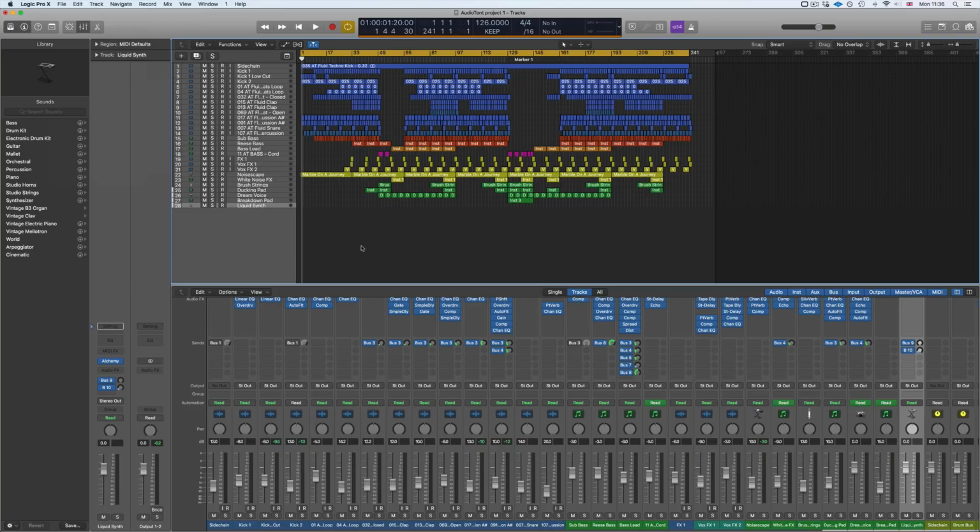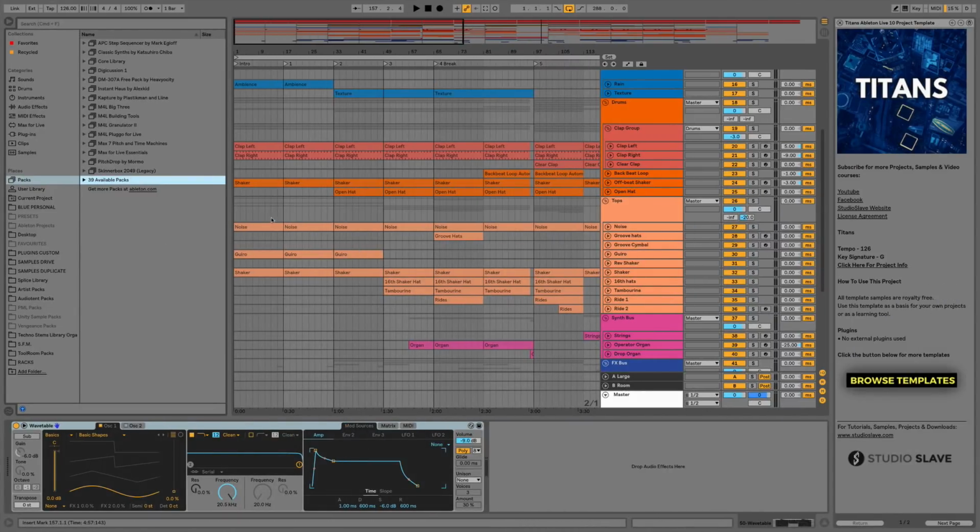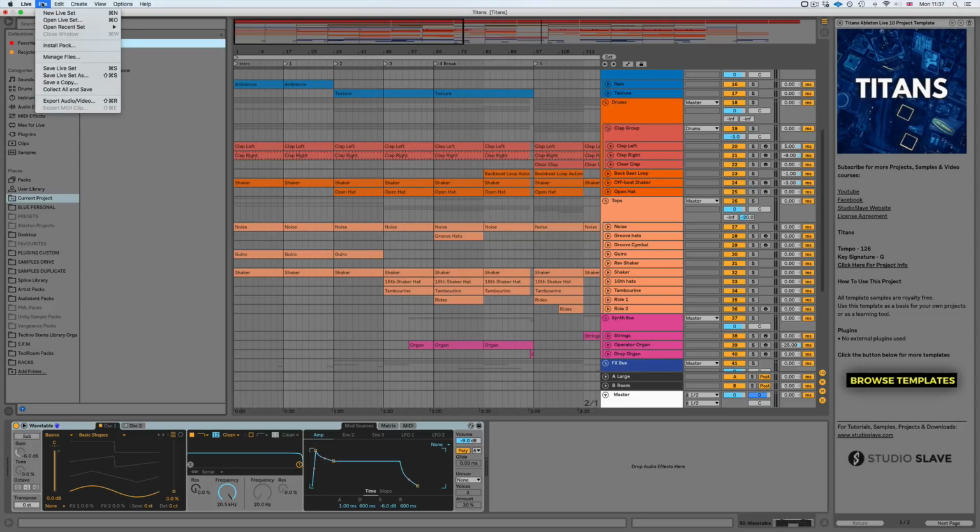And likewise, if we go into Ableton, it has a very similar feature. If I click on Current Project, we've also got the backup folder, and this is just going to auto-save what we're doing in the background in case of a crash, and then we can nice and easily revert back to this, just like we would any other project. And exactly the same as in Logic, we have the ability to save an alternative or to save a copy as well.